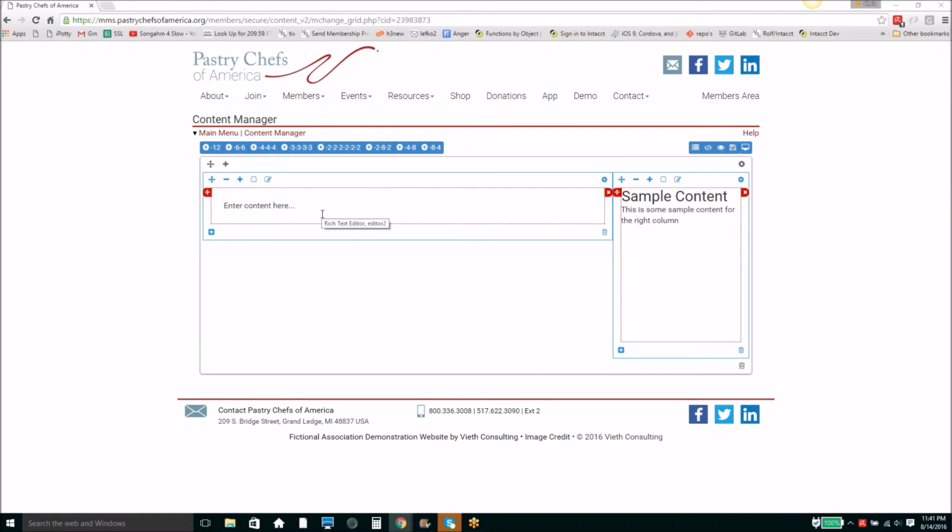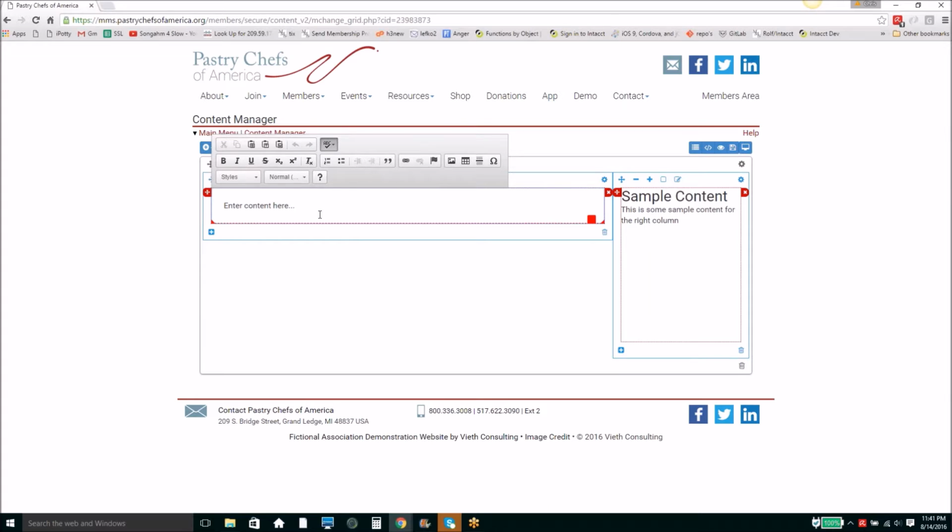After you add an HTML section, all you have to do is click into the space, and it's a WYSIWYG editor that allows you to edit any text that you like, with the familiar controls to allow you to change fonts,